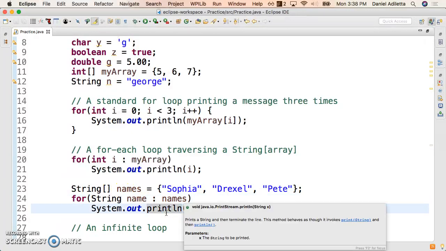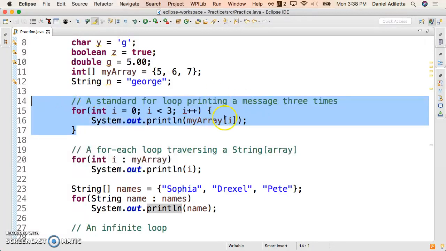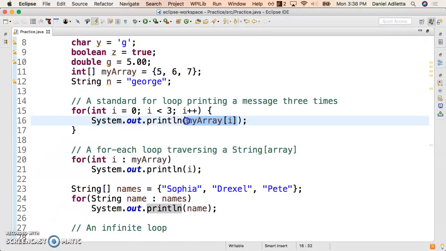Now, you might be wondering, why do I need to learn two different loops? Can't I just use this one? I mean, this is already hard enough. Why don't I just stick with that? Why use this for each loop? Well, it's shorter and easier, but there is a drawback, and that is if I tried to say,